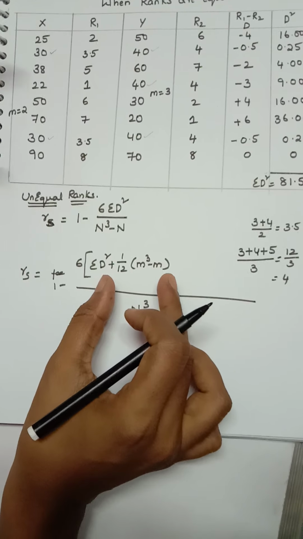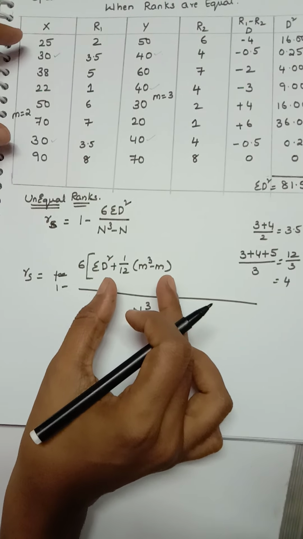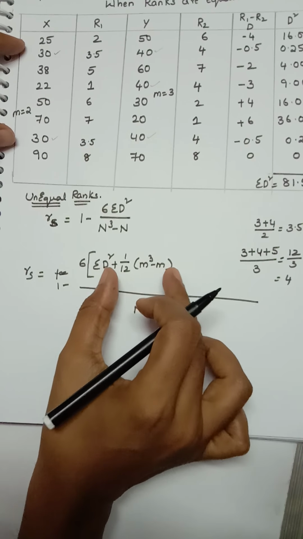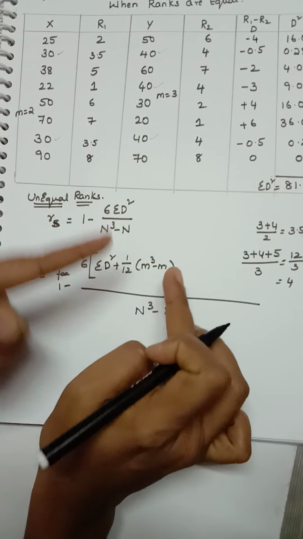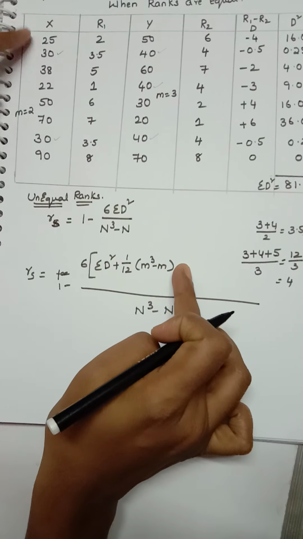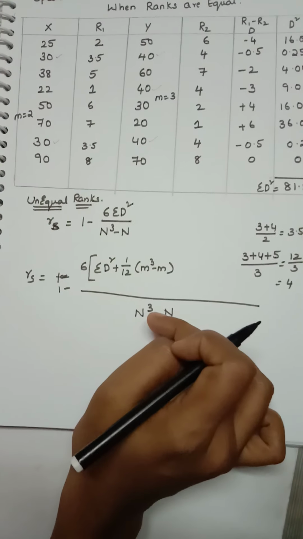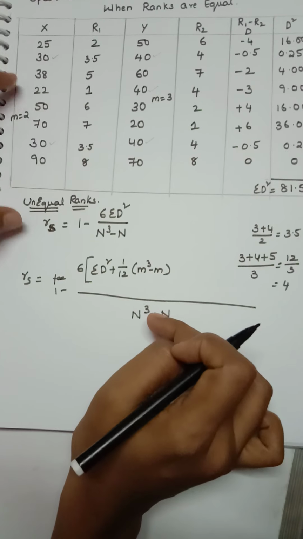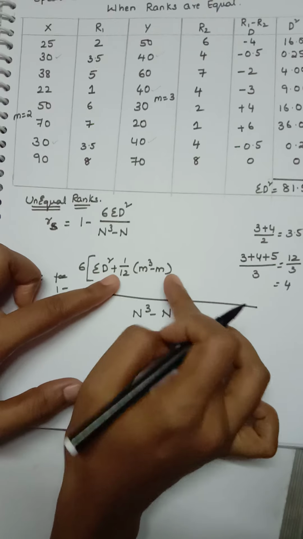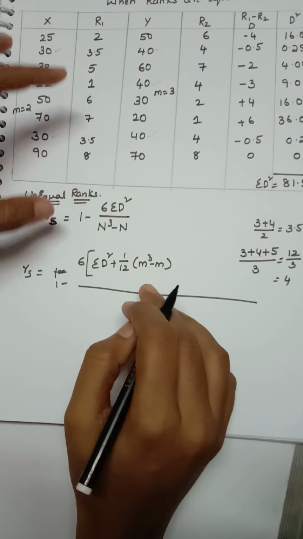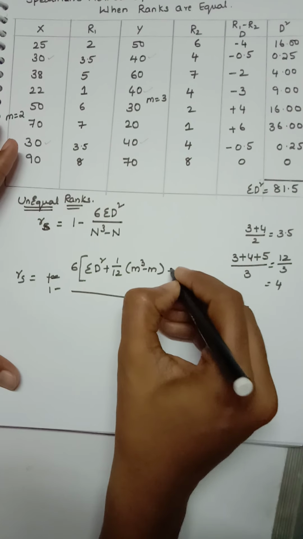How many numbers are repeating and how many times each is repeating, for that many we need to write this set. So 30 is repeating 2 times in the X series, that's the reason this is one set. In the same series, if another number is repeating, you can write another set also. But in this example only one variable is repeating, that's the reason I am writing only one. Now one set is completed, again you put the plus here.